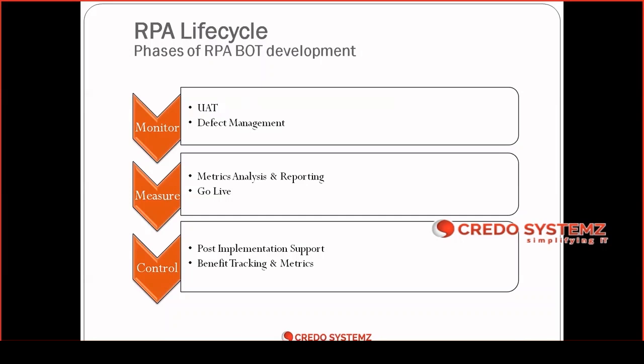And then we are also going to have defect management, in case you are having issues in the testing. So the defects get fixed, and it goes back and forth between the developer and the tester. Multiple rounds of testing will be done. And the most important state is your monitor state, where you're actually testing the product and showing it to the process owner, so that everything is ready and visible in the hands of the process owner